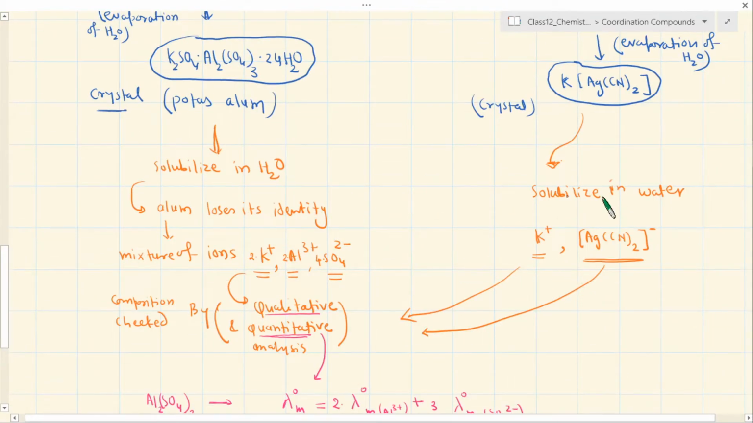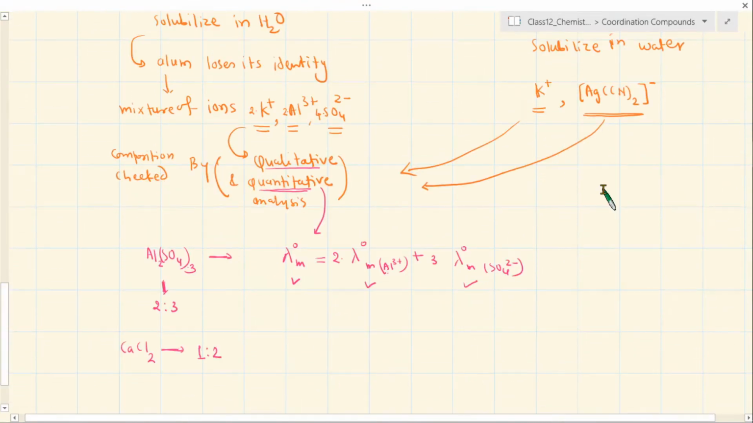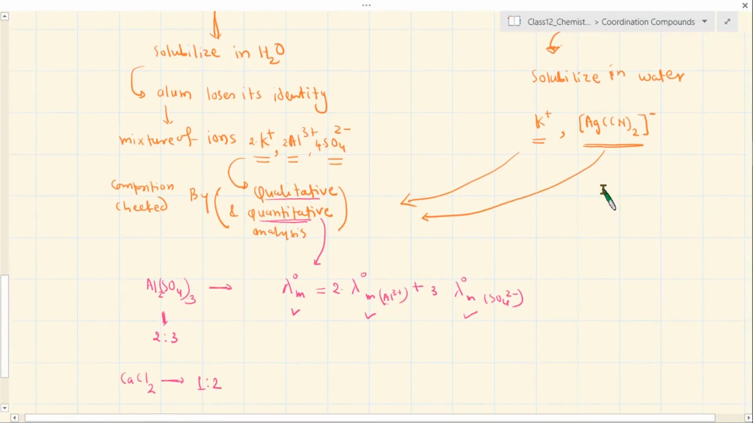So here also, when you do the conductivity measurement in this solution, you don't get the conductivity due to silver ion, potassium ion and cyanide ion. You get the conductivity due to potassium ion and this whole ion. This is one thing. And qualitatively you can establish the presence of this. So you know that there are only 2 types of entities existing in the given solution. These are simple chemical analyses. Is it clear to all of you? Good. Then now let's move to